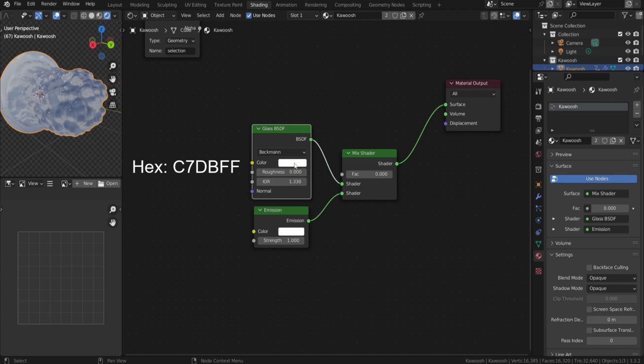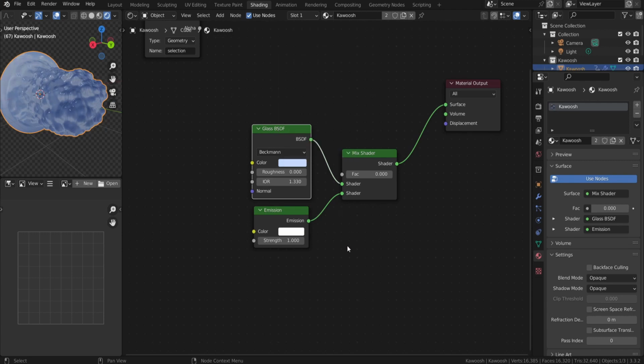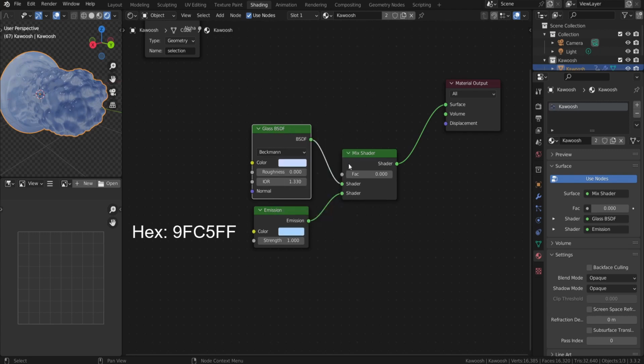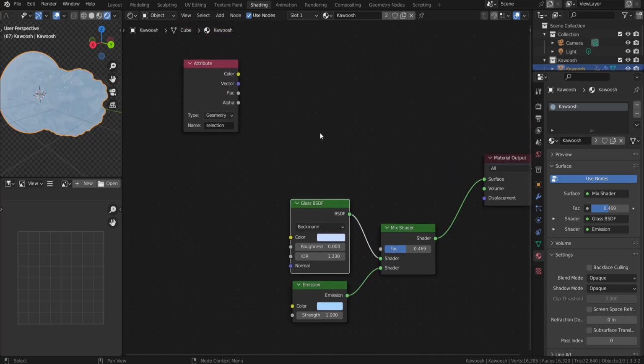We will choose something bluish, but not too strong bluish. And emission, also we will choose a little bit darker. Should be okay. So now we need some mask to control this factor, right? We need some kind of noise or some kind of node that will control this factor, which will tell the shader which parts of the shader should be glass and which one should be emission. And the node we will choose is the layer